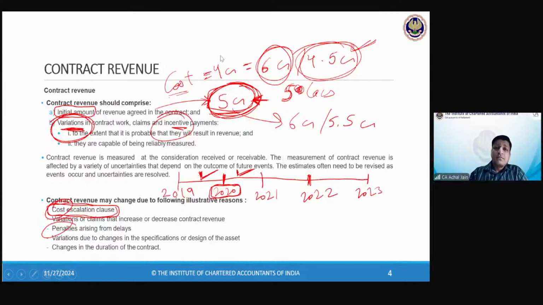What do you think? Do you think the customer will agree immediately on this? What are your thoughts? If you happen to be the customer, will you agree on this immediately? Mahalakshmi says no. Of course, some sort of negotiation, some sort of discussions will generally start. And till the time that is not settled, you will not be able to recognize revenue.